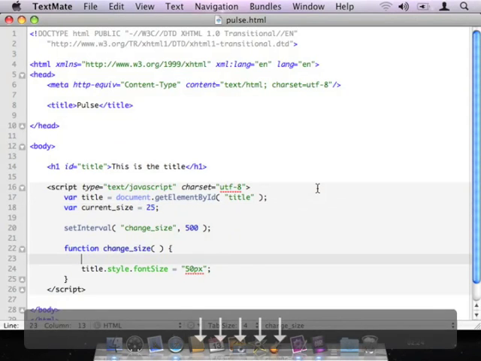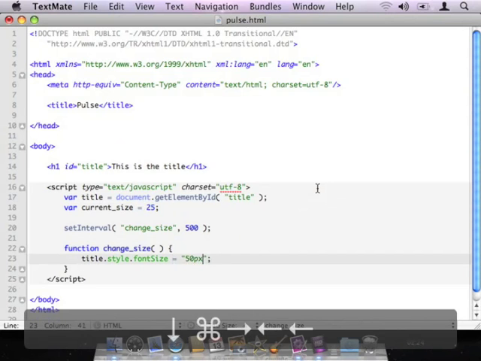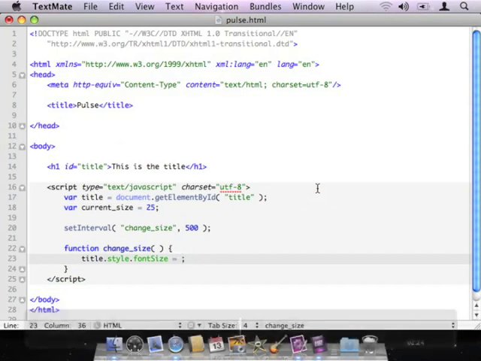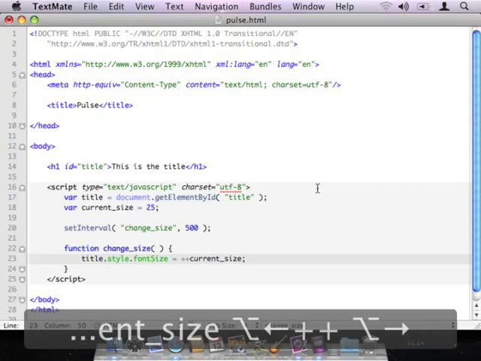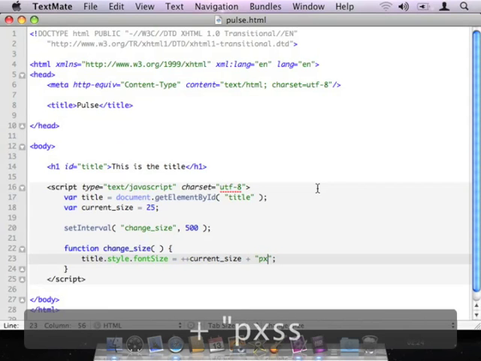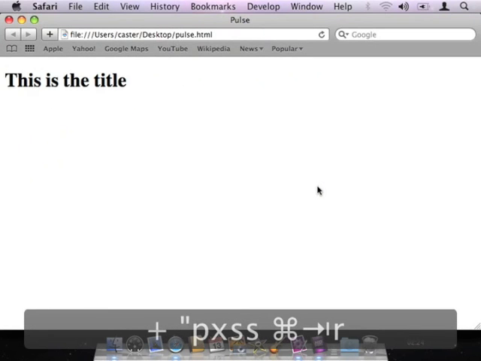Then what I'm going to do inside my change size function is say that every time this function's called, I want it to set the font size of the title to whatever current size is. I'm going to pre-increment current size, so it will get larger by 1 every time, and then I'm going to append the pixels onto the end of it there. So let's see what that does over in our browser. If I hit refresh,